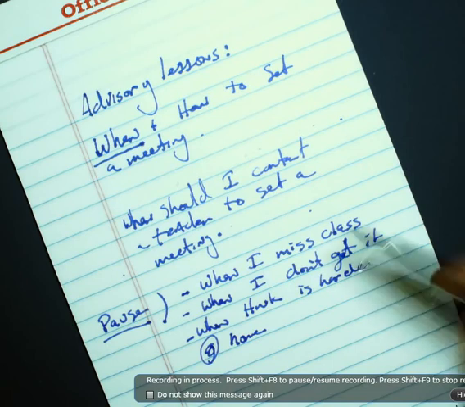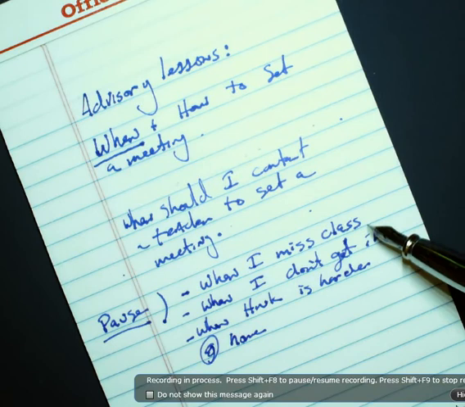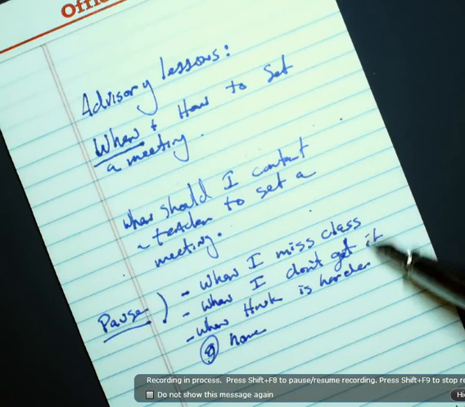When you miss class, it's your obligation to set up a meeting as soon as possible, because if you missed one day, you only have one day to make up that work. When you don't get it, this is a tough one to manage, but the closer you tune yourself into when you understand things and when you don't, the easier it'll be for you to say, you know what, I kind of understood that, but I really need to go talk to them a little bit more.